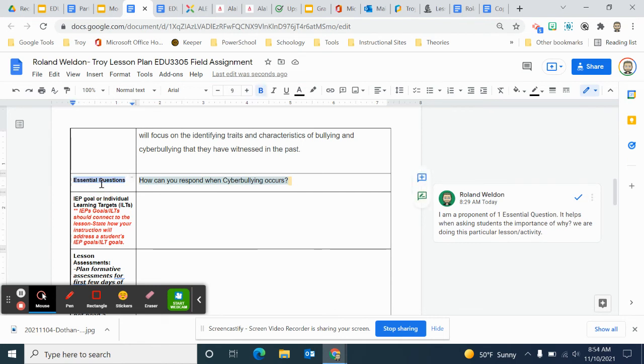And I don't know if you've noticed, but every one of my lectures has an essential question. Everyone has one. I like one. And as I'm saying over here on the right, I'm a proponent of 1 essential question. It helps when a student is asked, why are we doing this? I have administrators that love to come to your room and go, explain to me why we're doing this lesson. Can you tell me the importance of what you're doing now? If they can't, your